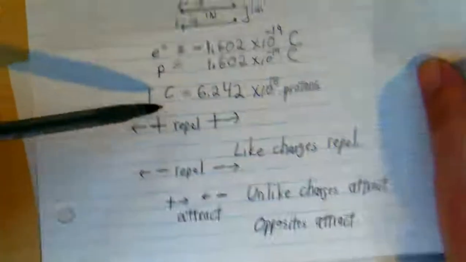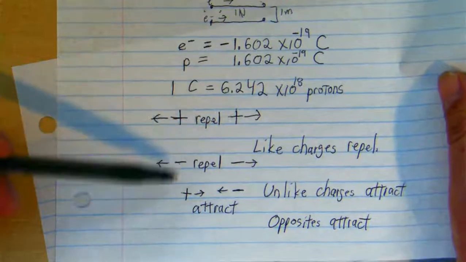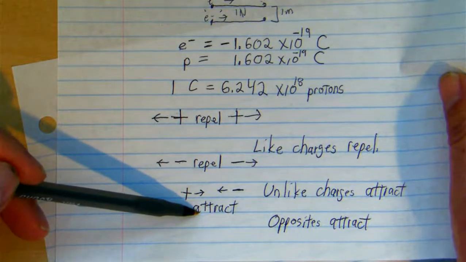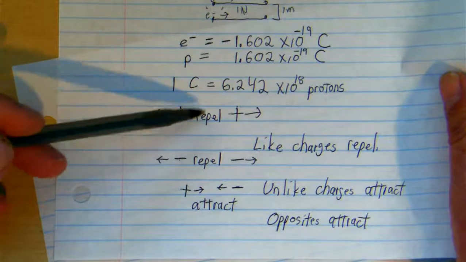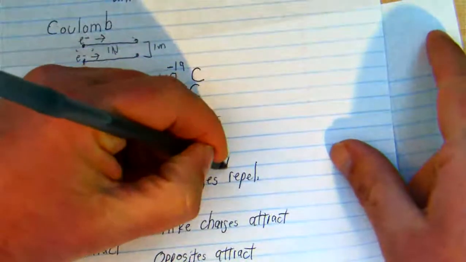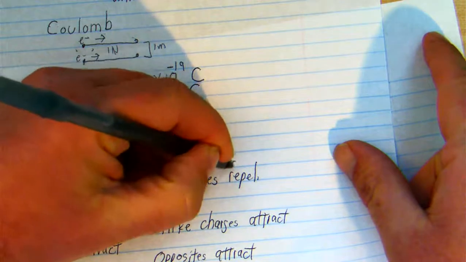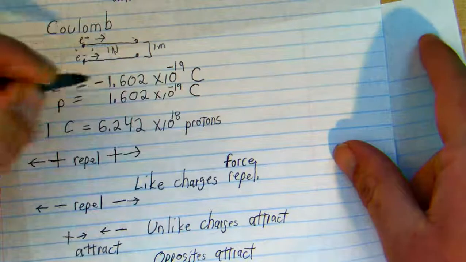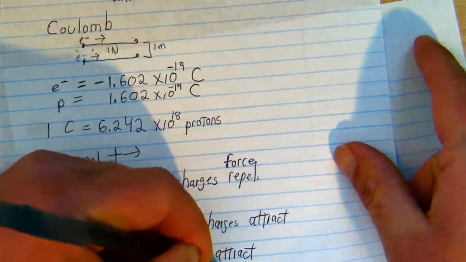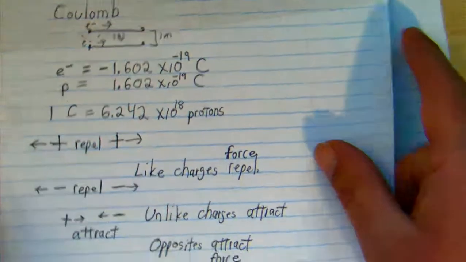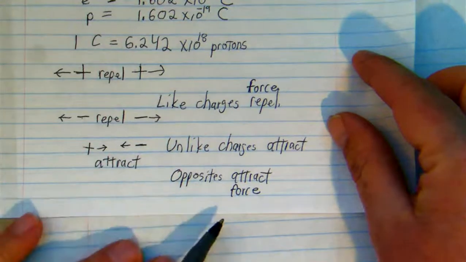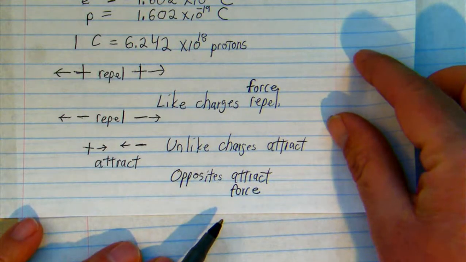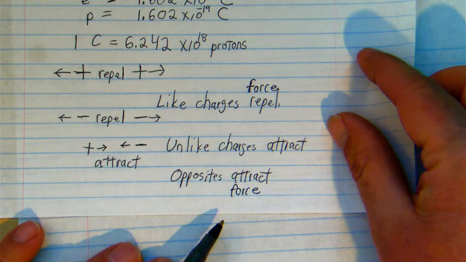So when we say that they repel or they attract, we're talking about a force here. Right? This is a force. F-O-R-C-E, force. And that means, oh my goodness, this being a physics course, we can put an equation to this and units to this.